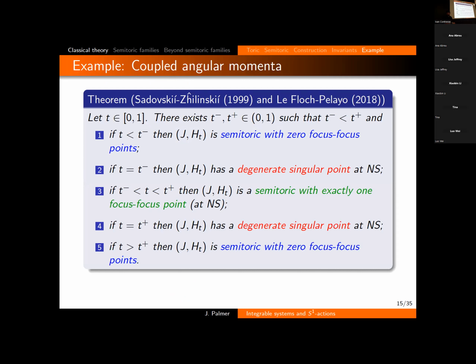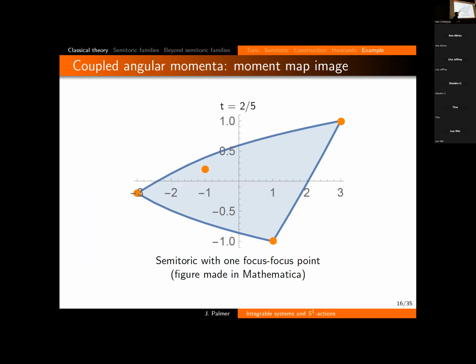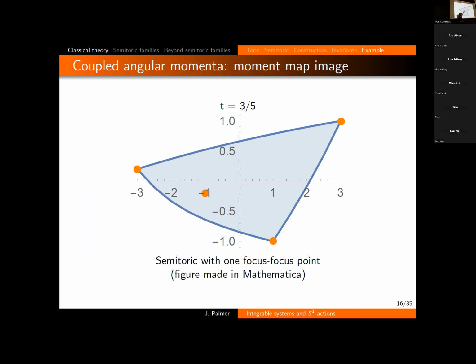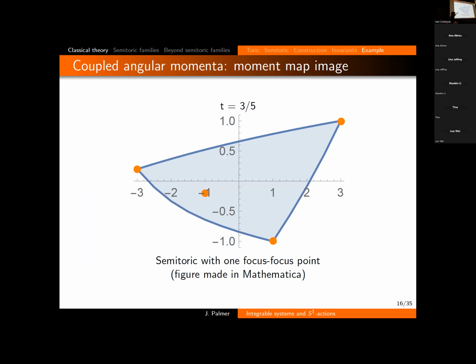This is easier to understand with pictures. And so it goes like this. You start with something toric, you deform it. Eventually, it's semi-toric. This point NS is in the interior. It's a focus point. It travels across, and eventually it's toric again. Essentially, it's almost toric, I guess. And the point is that for intermediate values of t, you have a semi-toric